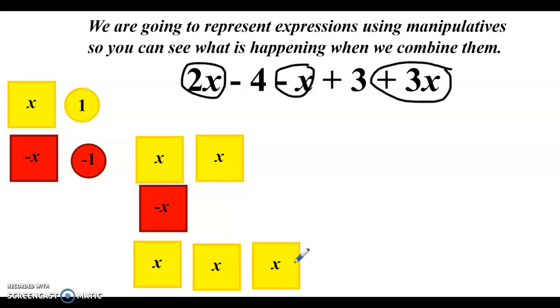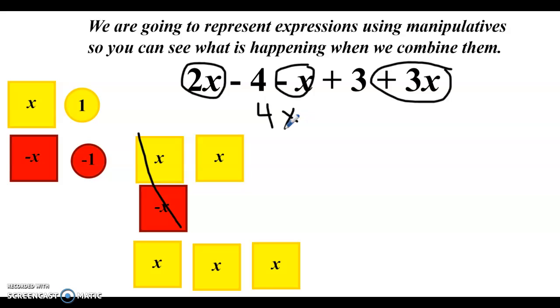Well, I know that this positive and negative x are going to cancel each other out. So what I really have here is 4 x's, which makes sense. 2x plus 3x is 5x, minus x is 4x. And then if I'm looking at my